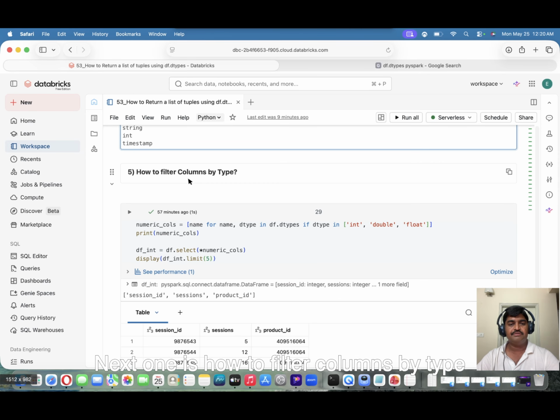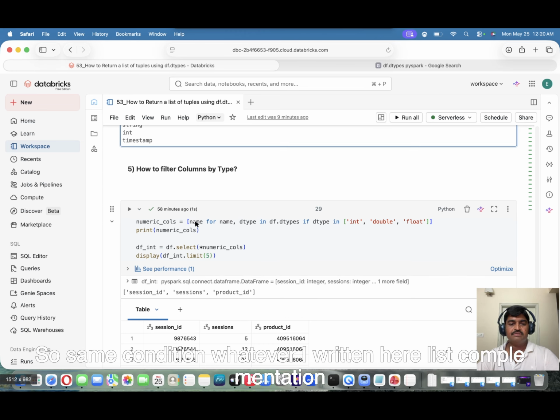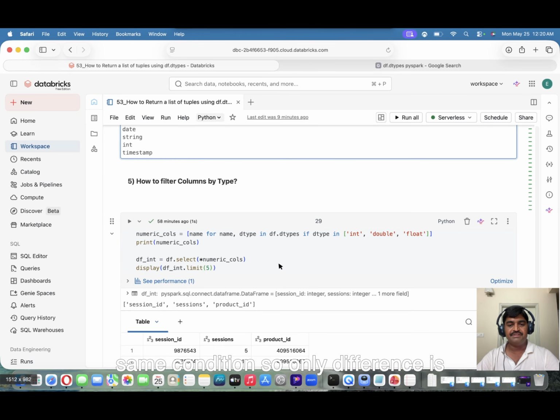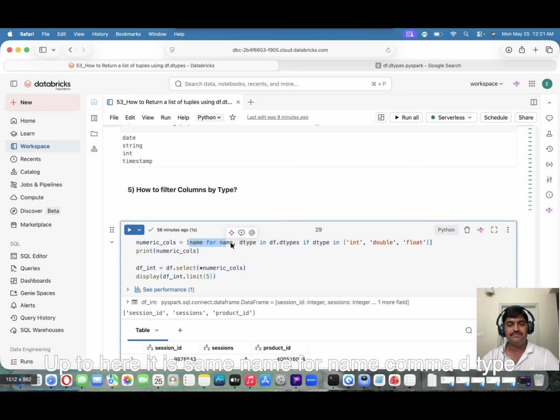So next one is how to filter columns by type, that means data type. The same condition, whatever I wrote here in the list comprehension. The only difference is that up to here it is the same: for name, dtype in df.dtypes. That means df.dtypes is a list of tuples. In each tuple, this is the column name and this is the data type. So it will iterate, and the condition is: if dtype